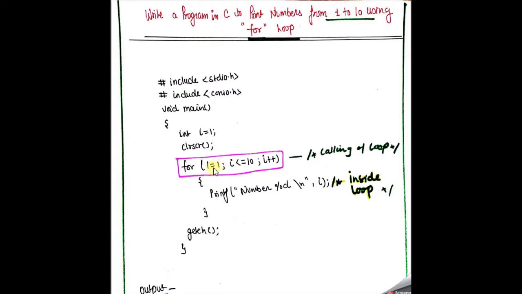So don't be confused about what value comes in the initialization phase. Whatever starting value you want to start printing your result from, declare that starting point in the initialization phase. And in the case of the condition, you put your limit, till how many times you want to perform. You write that value in the conditional statement, that is i <= 10. Why do I write less than or equal to 10? Because the equal to includes 10. I want to print the 10 also.